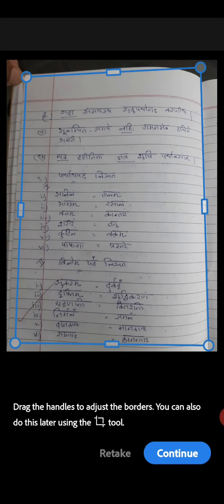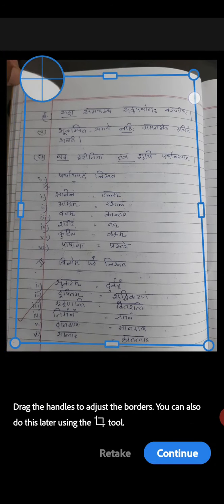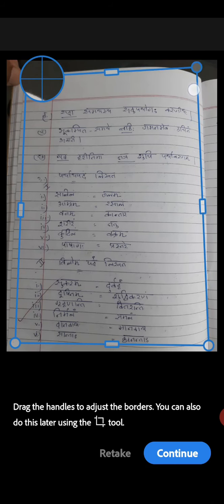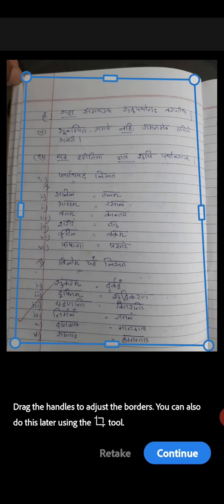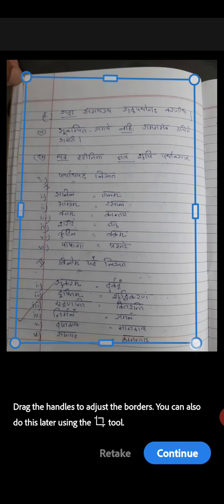This corner area is a little bit out, so we have to adjust this one to here. This page is somewhat slanting on this side, so we have to adjust this one. A letter is over the border, so we are adjusting there also. If it is okay, you click continue.